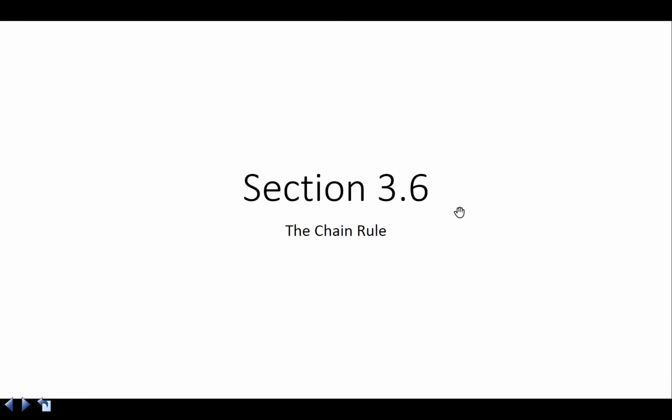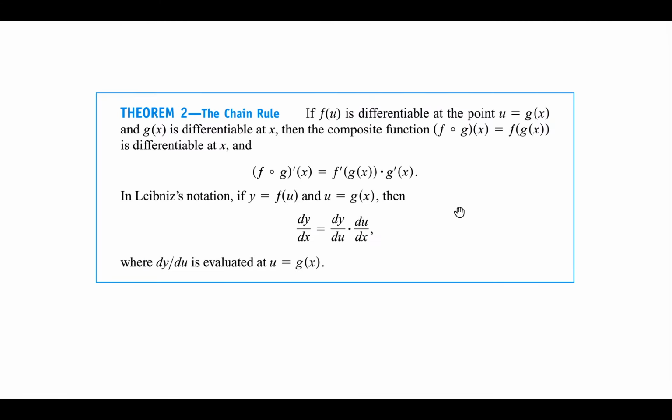Section 3.6, the chain rule. Sometimes we might have to find the derivative of a complicated looking function. In that case, we can simplify it before finding the derivative by changing that function into the composition of more than one function. So, for example,